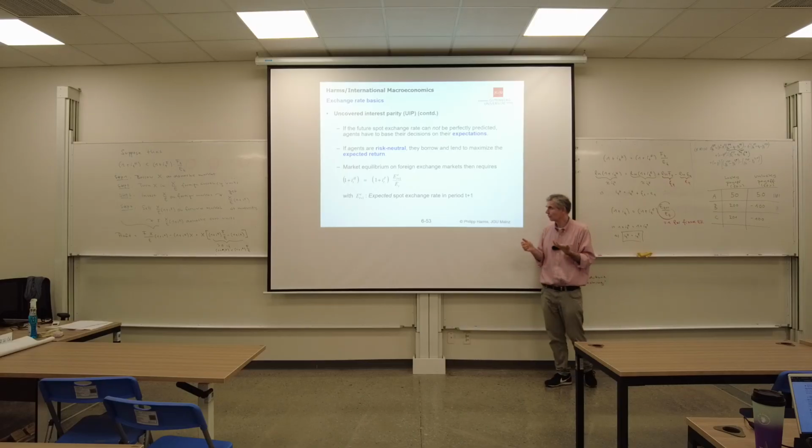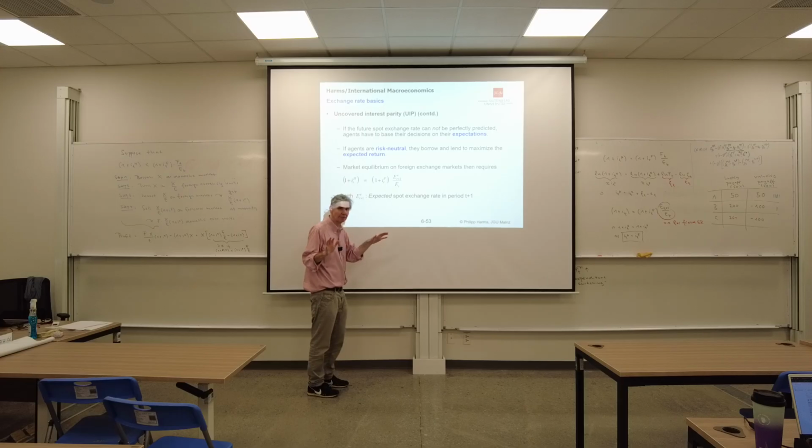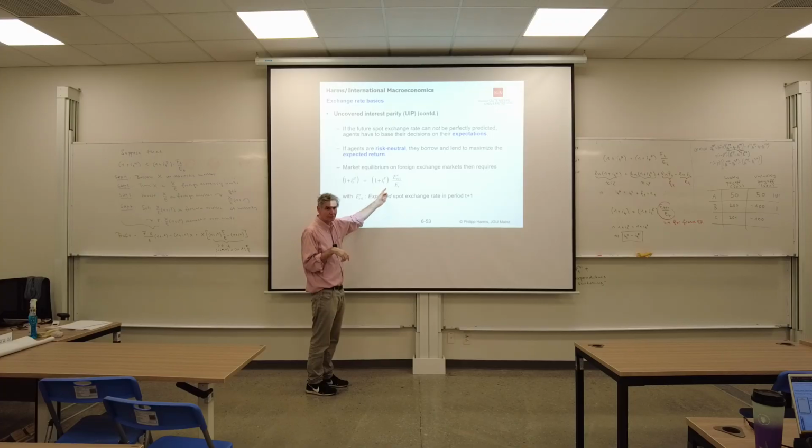Now, if you're willing to swallow that, and if we assume that everybody's risk neutral, then this has to hold. Not because people can do arbitrage, because if there's risk involved, there's no arbitrage, but because people are risk neutral. They go for the highest expected return, and if this is smaller than that, they will never put any money into domestic currency assets, and if this is bigger than that,